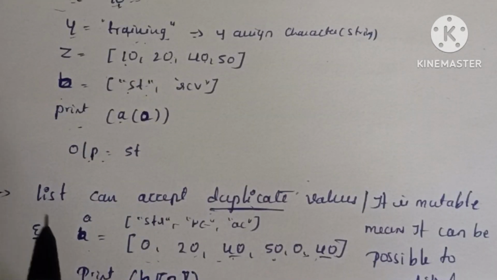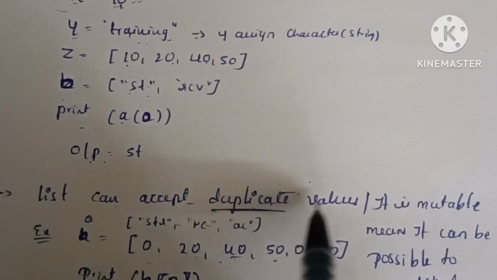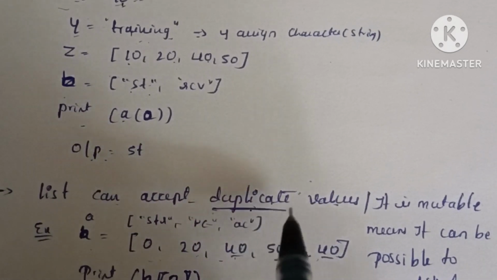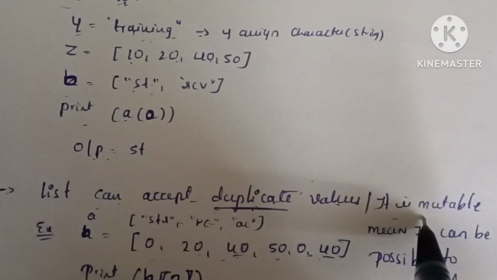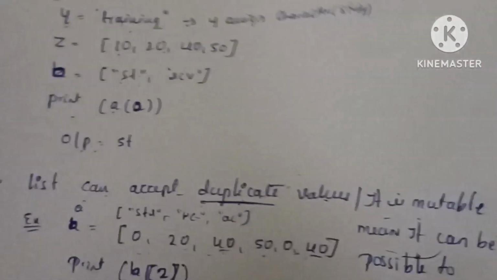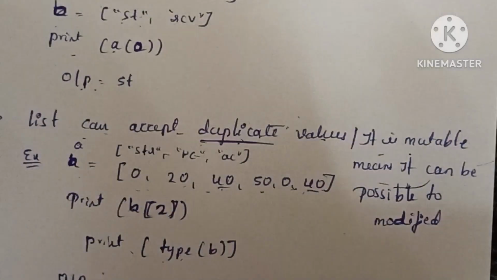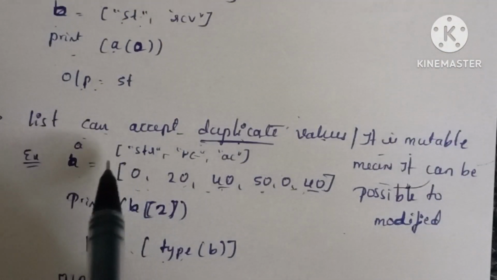The second point is that a list can accept duplicate values, and a list is mutable. Mutable means it is possible to modify and update. It is possible to change. If you give any values and you don't want those values, you can modify them and you can update them. That is called mutable. So for example,